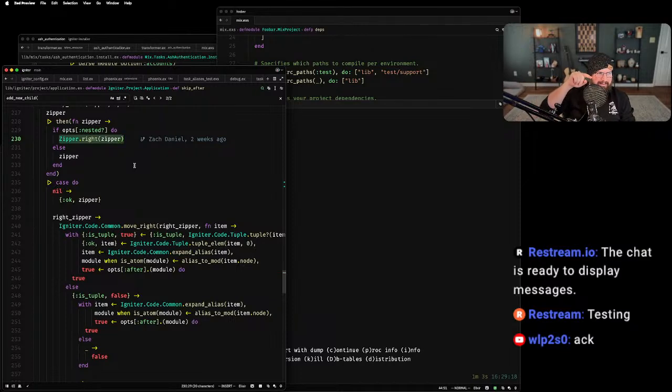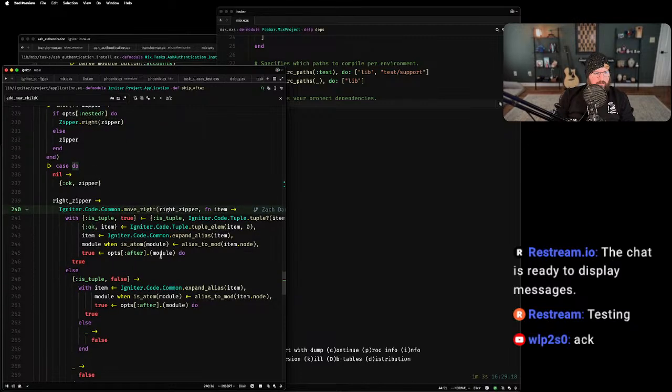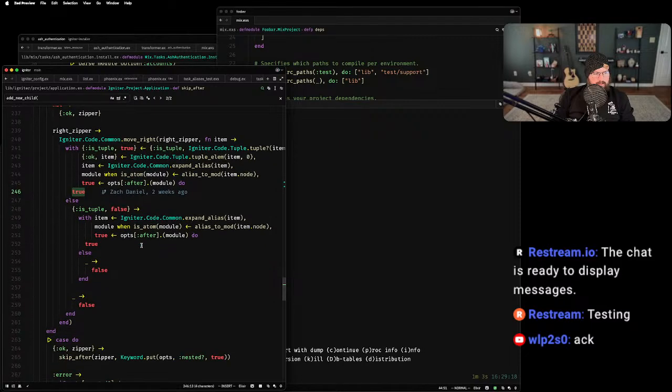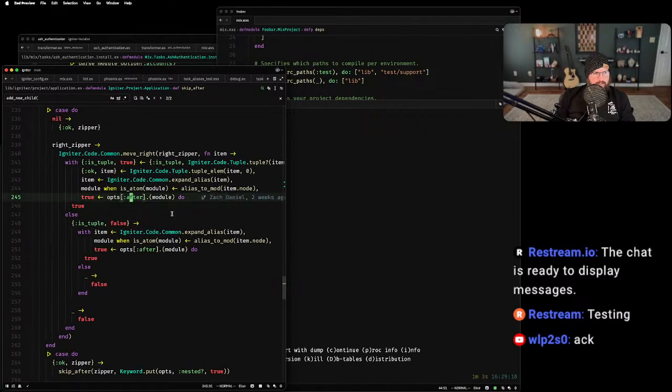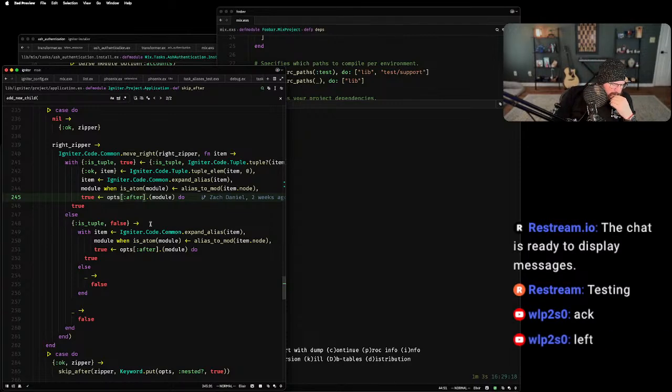Anyway, as we move through the list, that's how a zipper works. You sort of traverse the AST in that way. And so we're saying go right until you find a thing that is equal to what this module is supposed to be after. And it should be fine because we should find something that it's after, right?